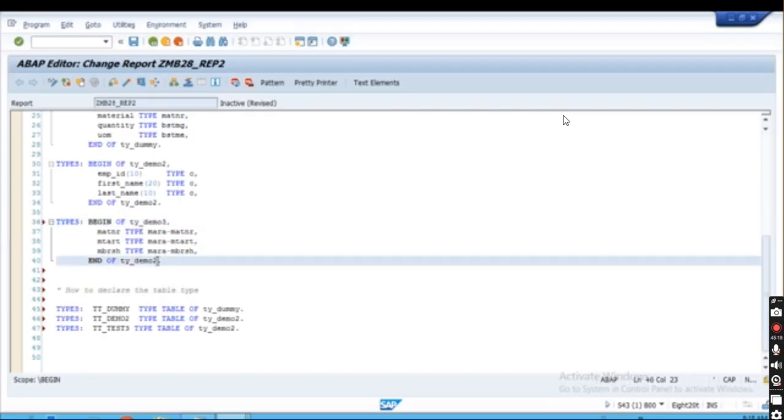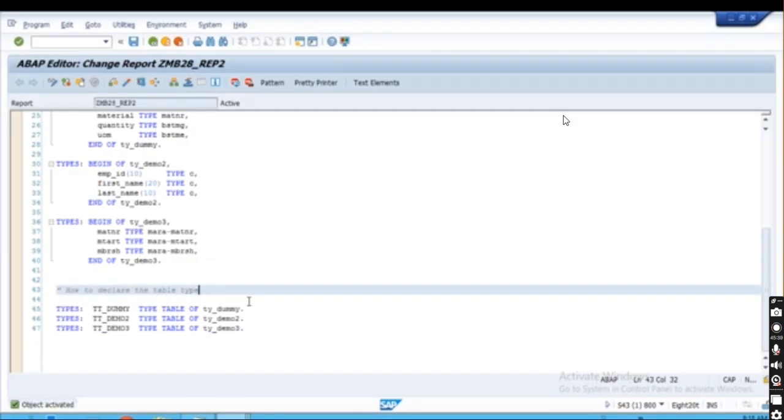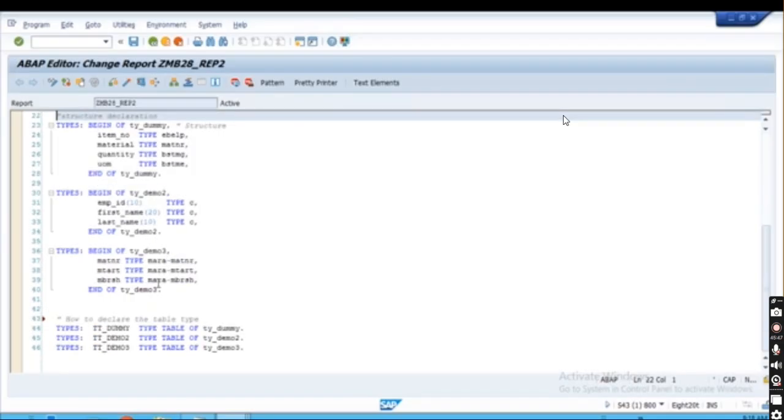So I'm just going to change this one. I will mark it 3, and here you can give demo 3 type table of dy demo 3. And now if you check the syntax, there is no problem, it's fine. Just save it, and if you want you can activate it. So this is how you can define the table types, and this is how you can define the structure. Okay,